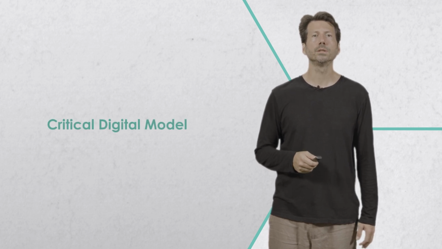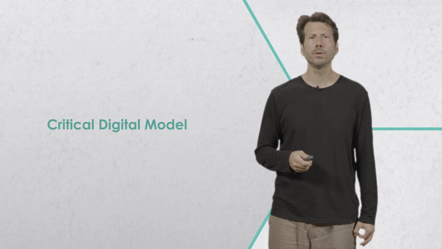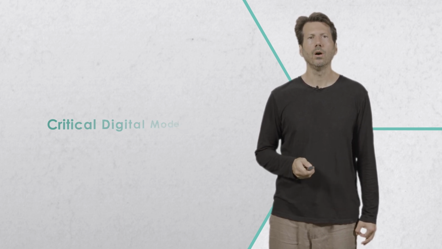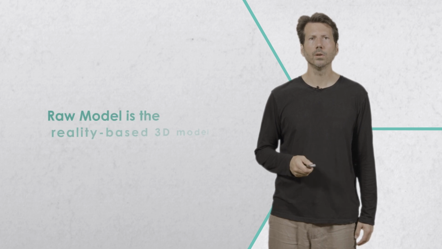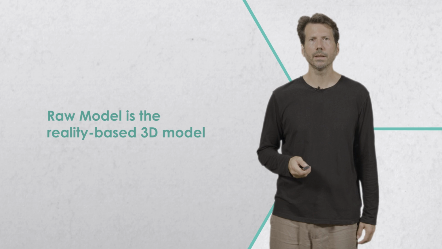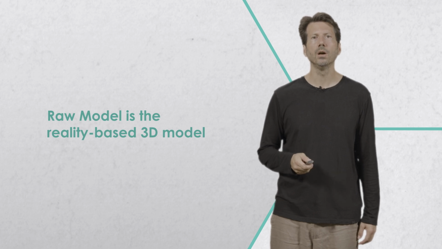Within the large category of informative models, it is possible to distinguish between different types of 3D models. The main examples of informative models in the field of virtual reconstruction are the architectural survey and the critical digital model, which is a 3D model aimed at restoring the original form of the object of a certain author in a given period. On the other hand, the main example of a raw model is the reality-based 3D model, which is a 3D model that derives from survey data enhanced with the creation of a point cloud or a 3D mesh.